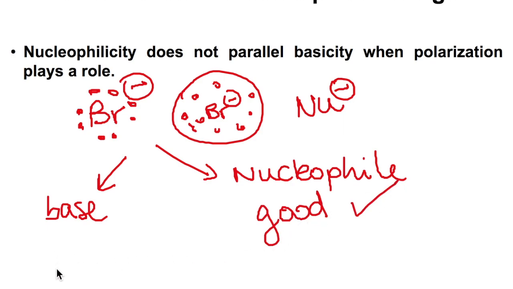However, let's talk about the base. This base comes from HBr. So try to think back to the acids and bases chapter and think about whether HBr was a good or a bad acid. HBr is a good acid because if that H is taken away, what you get is this Br, and the Br is large, so it can stabilize that negative charge well. So then that will make this base a weak